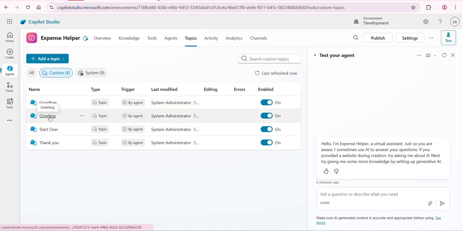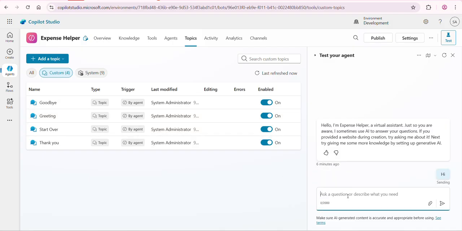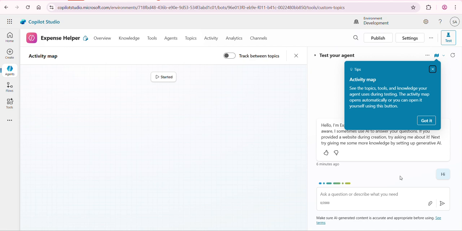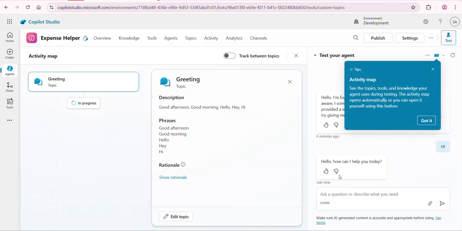So we do have a greeting one. To just trigger this one, I'll just write hi. All right. So as you can see, it has shown us that it has triggered the greeting topic, and we do have the phrases based on which it gets triggered. And once it is in the greeting topic,